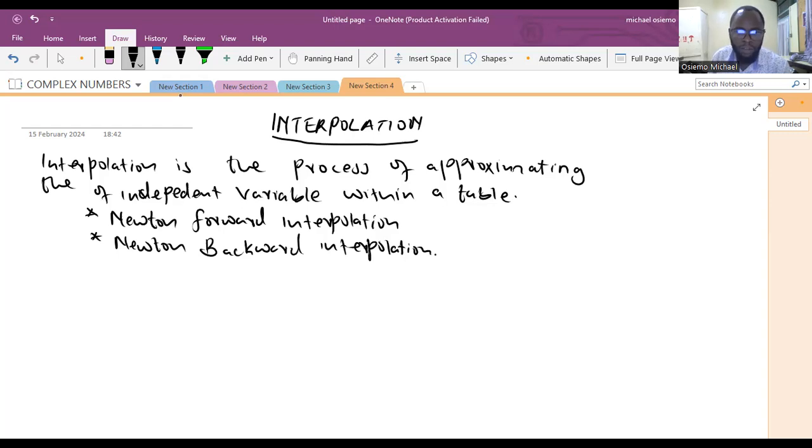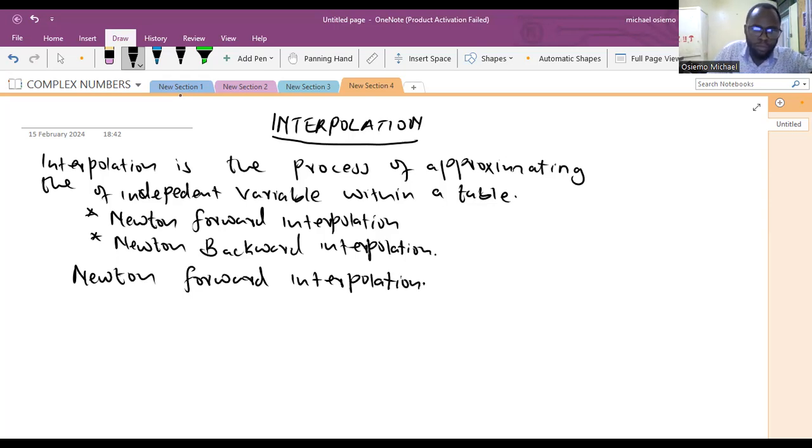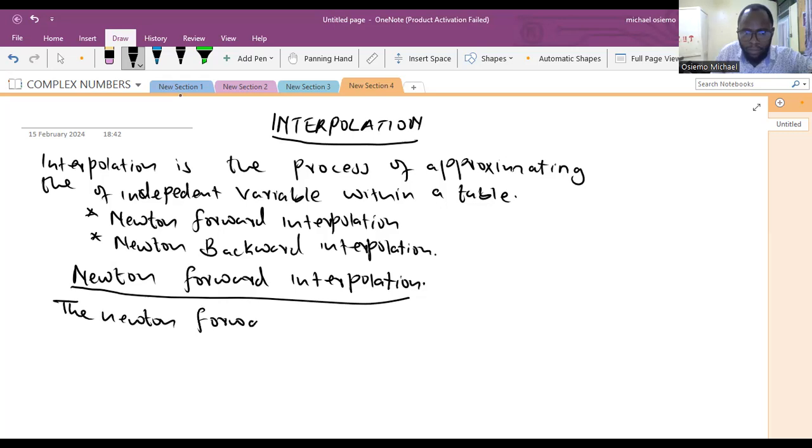Now, let us put our consideration for this lesson on Newton forward interpolation. The Newton forward interpolation polynomial is given by